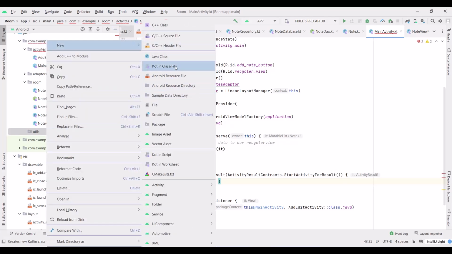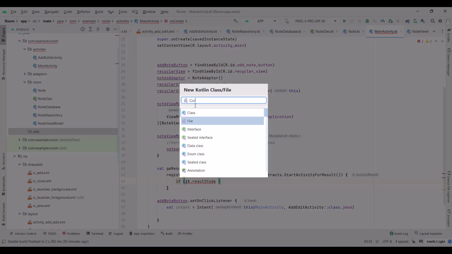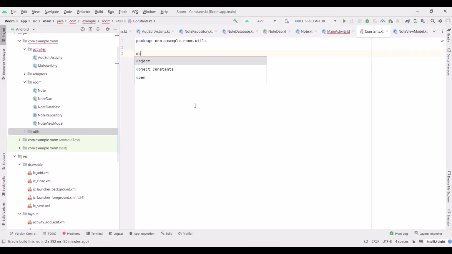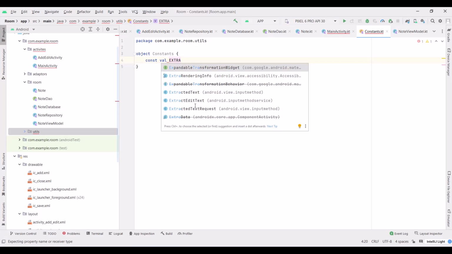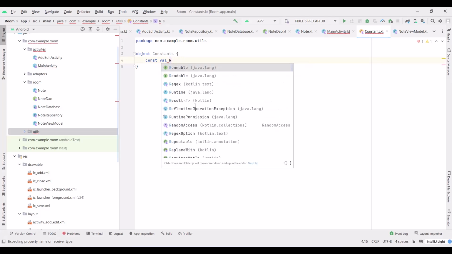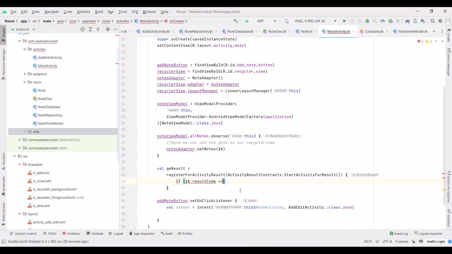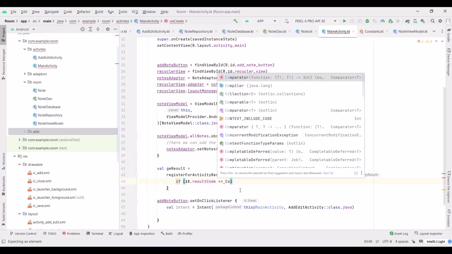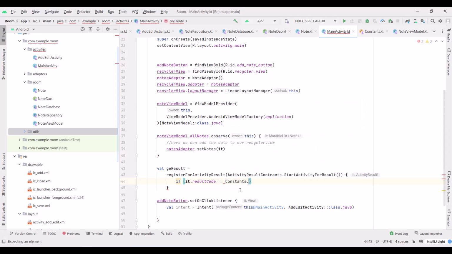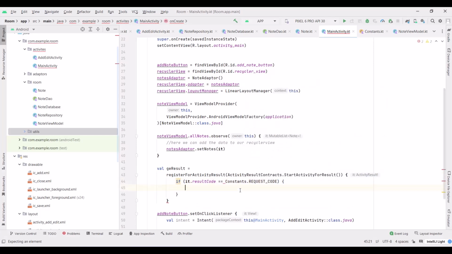New Kotlin class file, Constants. Object Constants, const val EXTRA, let's call it REQUEST_CODE equals to 101. Now let's go back inside MainActivity. Again, here I'm going to put equals Constants dot REQUEST_CODE. Then we're going to get the data,